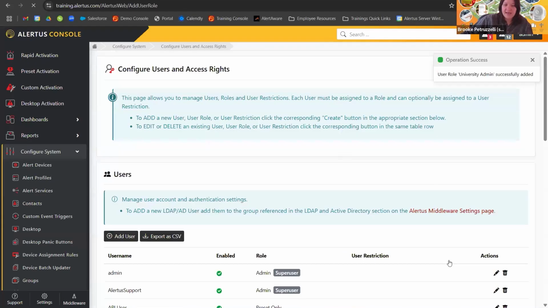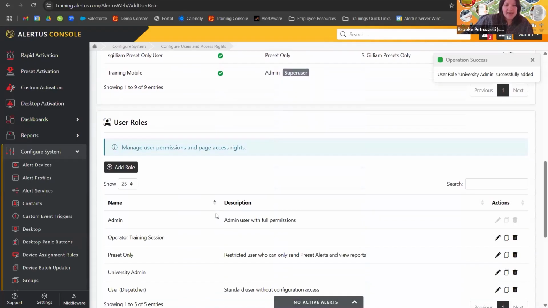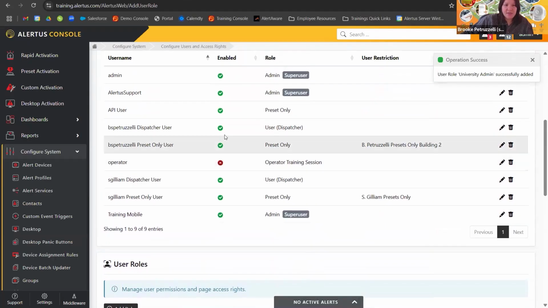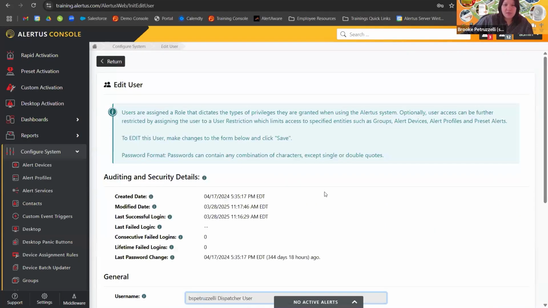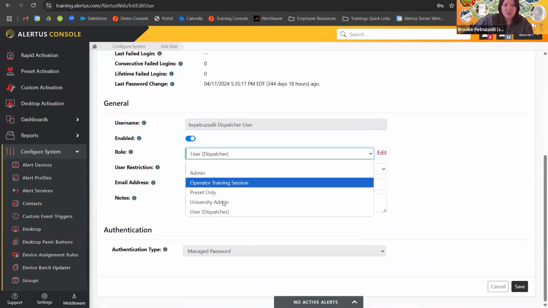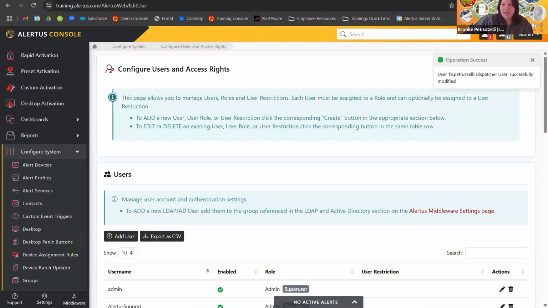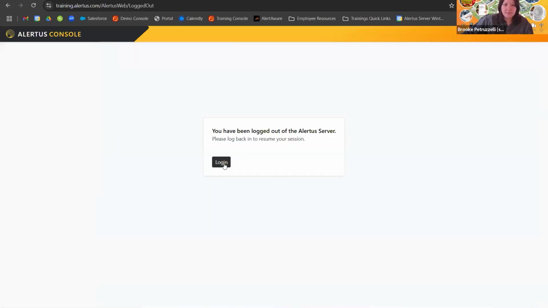So I'll add this as a new role. I now see it here for my university admin. Let me give it to this specific user right here so I can log in as that user. I'll change their role to university admin and save. And now when I log in as that user,